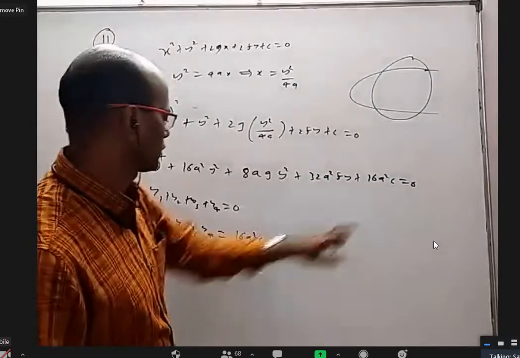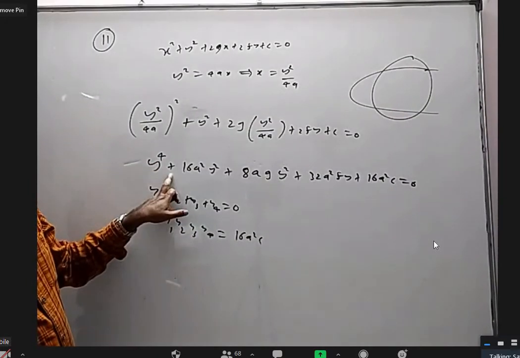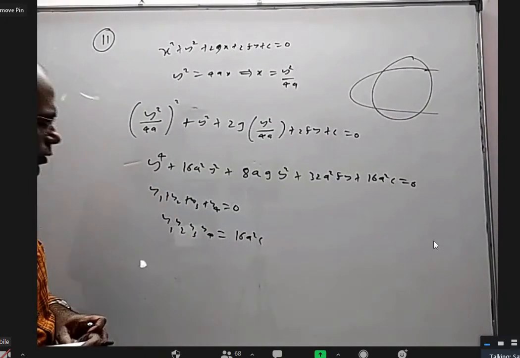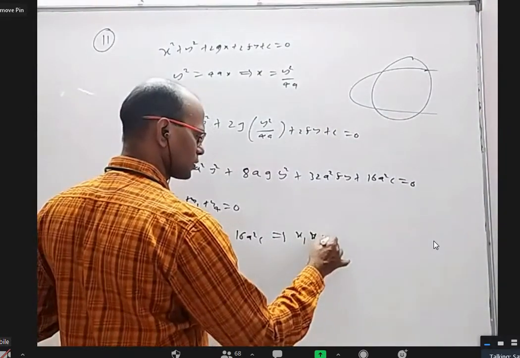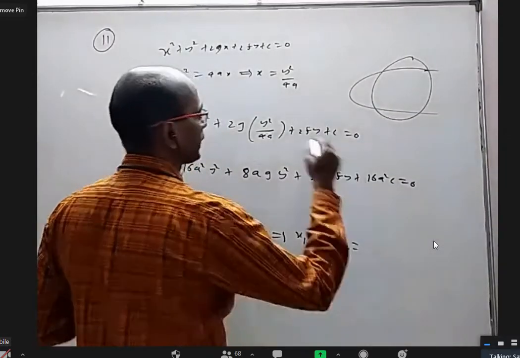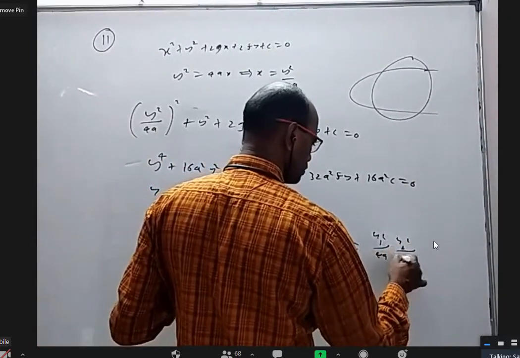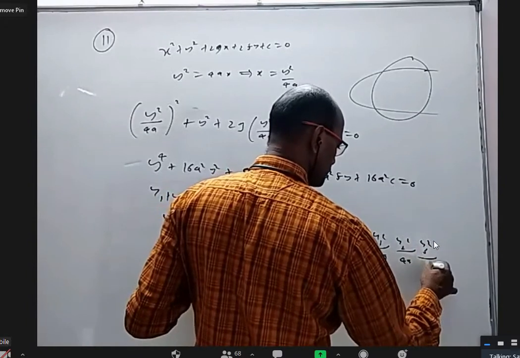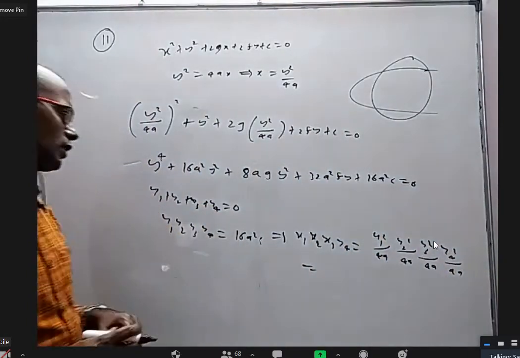The constant will give you by this. And if y cube would have been there, that coefficient with a minus by this would have given some, but it is 0. From this, it is possible to find x1, x2, x3, x4 because x can be written as y square by 4a: y1 square by 4a, y2 square by 4a, y3 square by 4a, and y4 square by 4a. That is (y1, y2, y3, y4) whole square.